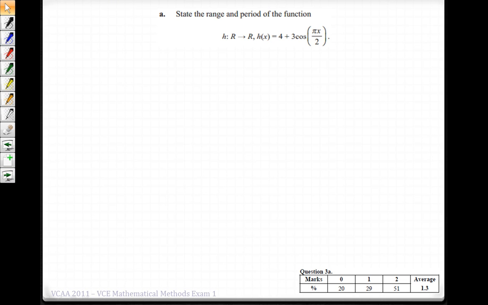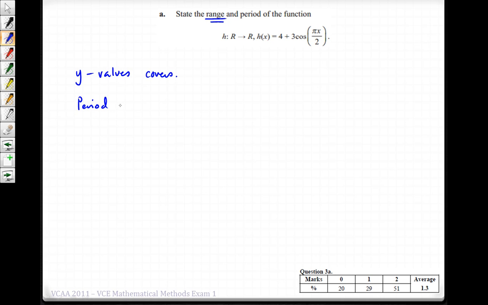Alright, so question 3 asks us to state the range and period of this cosine function. So the range is essentially the y values that the function exists within or covers. That's not a mathematical definition, that's just how I would interpret this question. And of course the period